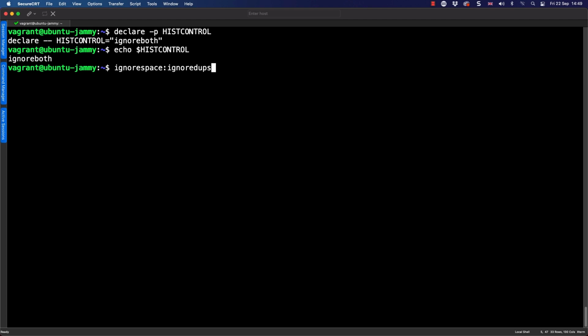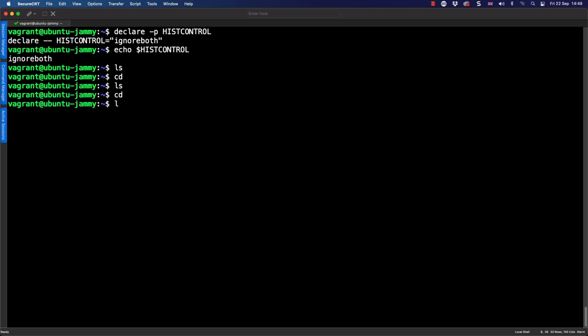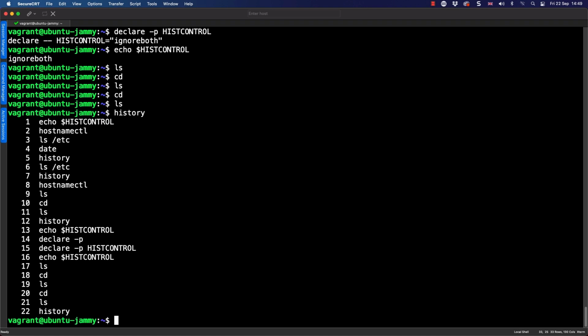I can clear this by using Control and U. And we can see the problem by using ls, cd, ls, and cd, ls, and then look at my history command again. We can see that each one of those ls commands and cd commands is being recorded into my history. We might prefer to change that setting from ignore dupes to erase dupes, where we go back through the complete history and we look for any duplicates and remove them.